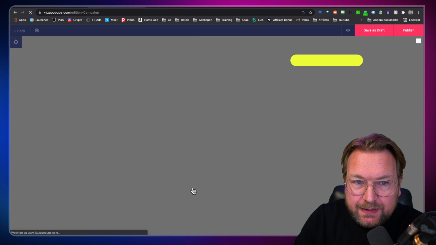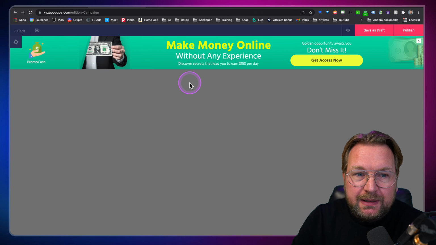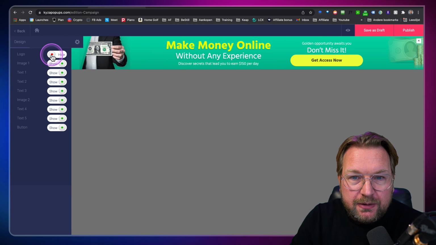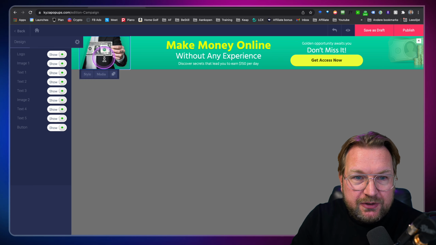We simply select this one. And this works exactly the same like the page builder. So you can here click on this gear icon and you can show and hide things. So if you don't want to show this image, you hide it. And if you want to change the image, you simply go to the media here and then you can upload